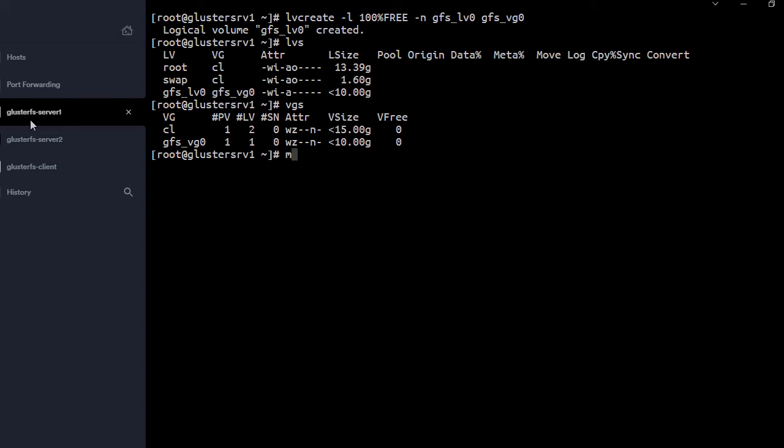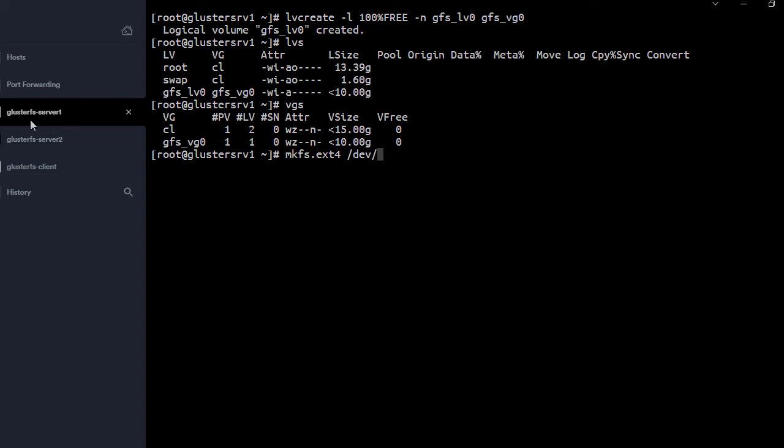And for that I will use ext4 because ext4 is the most stable one. Instead of mkfs.ext4, you can simply use -t and ext4, whichever way you prefer. mkfs means make file system. Make file system with ext4, and after that we have to give the path of the logical volume.